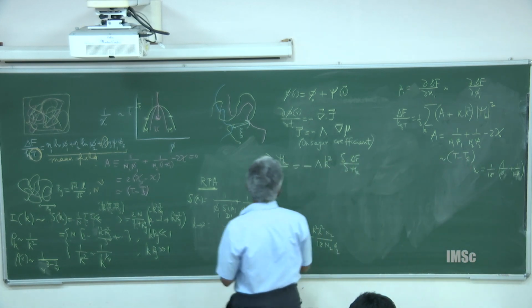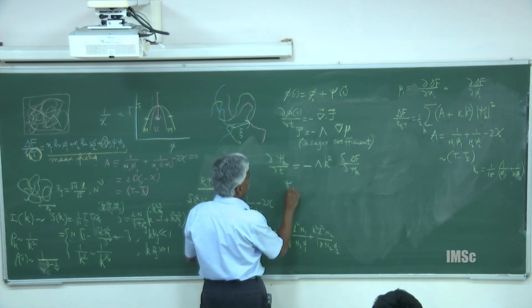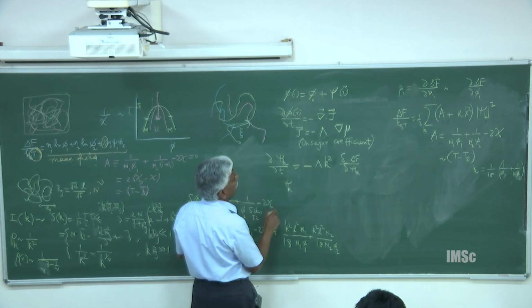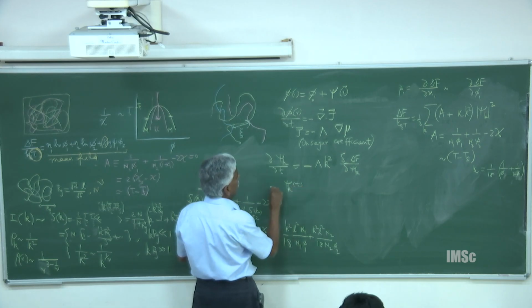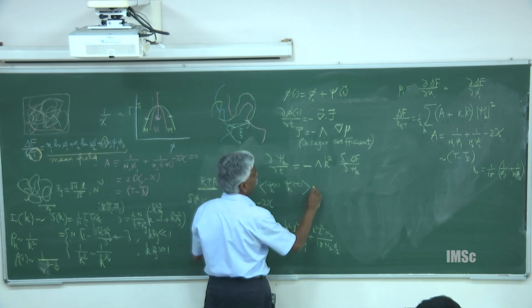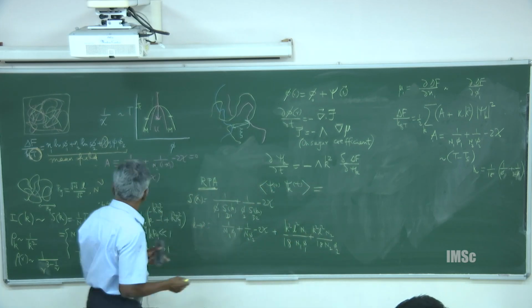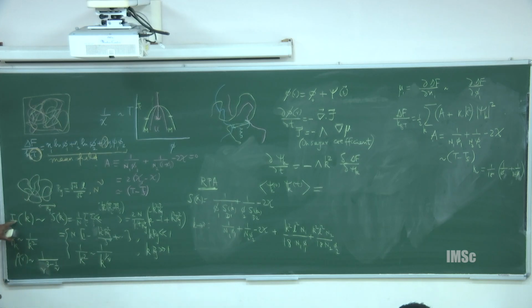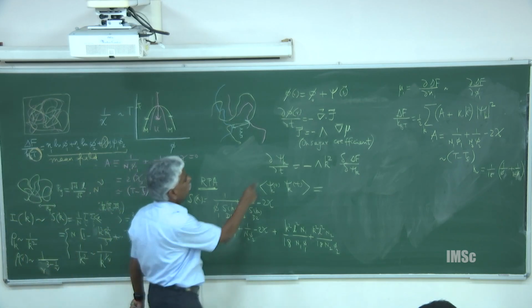So, if you do this psi of k, right, at time t and psi of k at 0 time, and average it out. This is what I want to do. Why? This is what I measure. The structure factor, the intensity I measure now is a time dependent structure factor, time dependent correlation function of the order parameter, right. So, that is what I want to calculate. How do I do this?